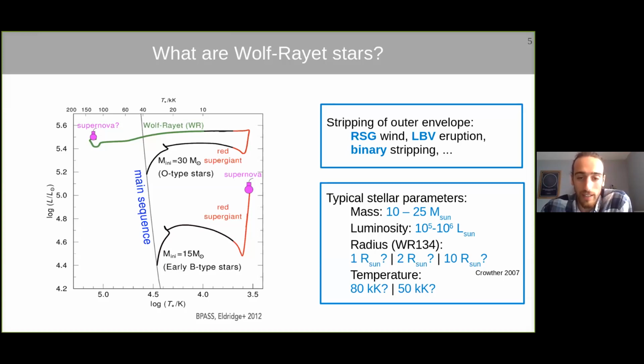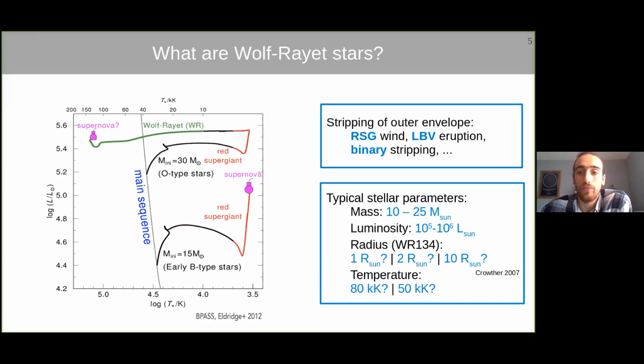And if you take a slightly more complicated model, you can bring this down to 2 solar radii. But when you try to evolve this type of star with an evolutionary model, you would typically end up with a 1 solar radius Wolf Rayet star. So there's a lot of uncertainty here, and this is what we call the core radius problem, and I'll get back to that a little later. Additionally, a similar problem arises when you look at the temperature, and this is of course related. If you have the same luminosity but a bigger star, you will derive lower temperatures from